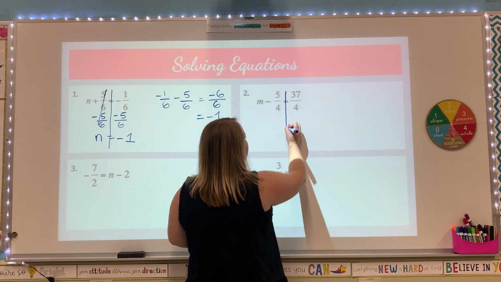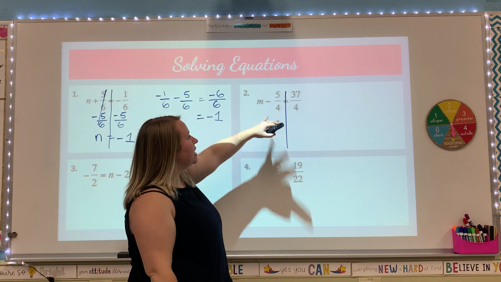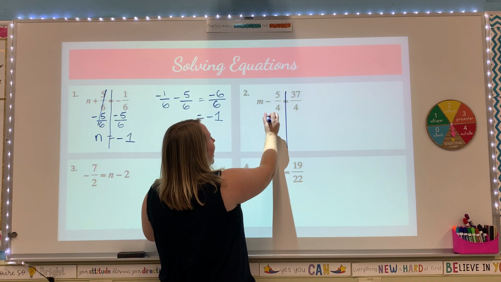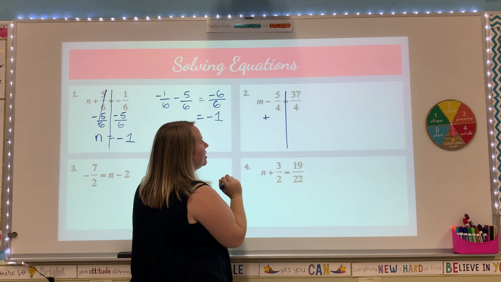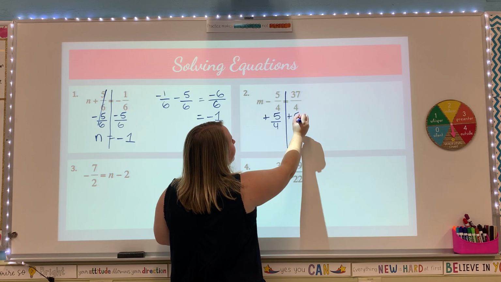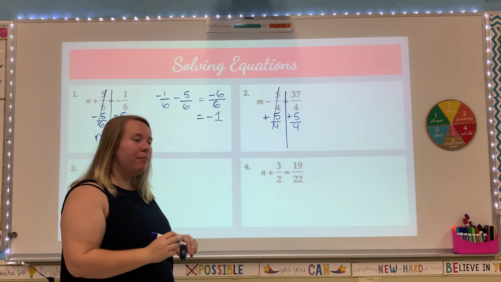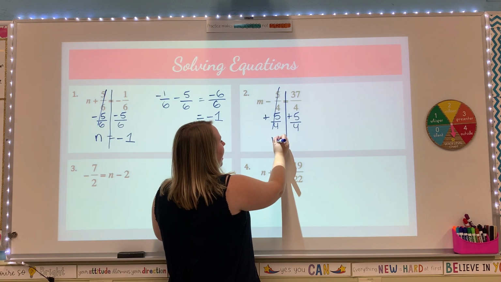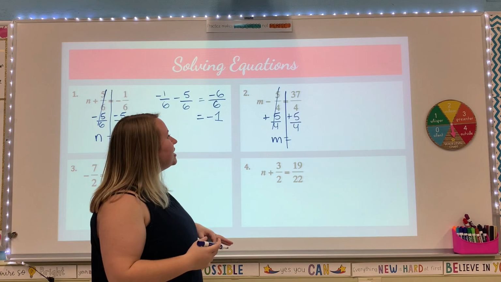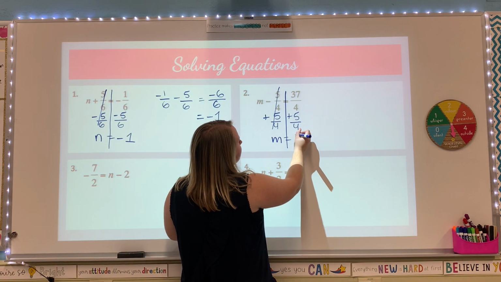For the second one, just quickly looking, the denominators are still the same, so we don't have to change any of the fractions. We have m minus 5/4 is equal to 37/4. So I can add 5/4, because I'm undoing my subtraction. The left side's gonna cancel because they're opposites. We get m is equal to, now these we can just add, 37 plus 5 is going to give us